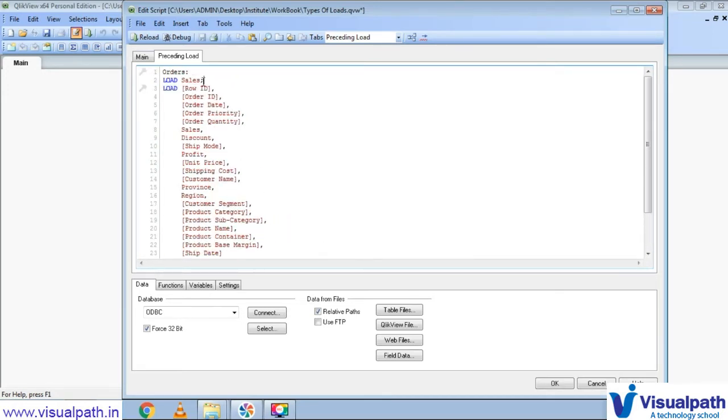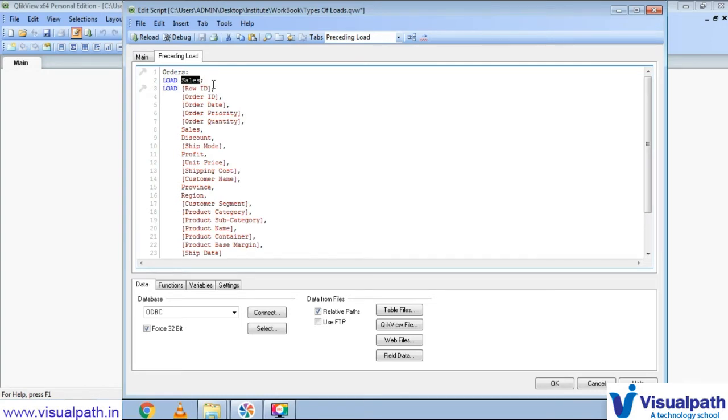So how do we get all the fields? Before going to that, let us see why it is required. In the original load we have sales, so why do we load another load and load sales again?